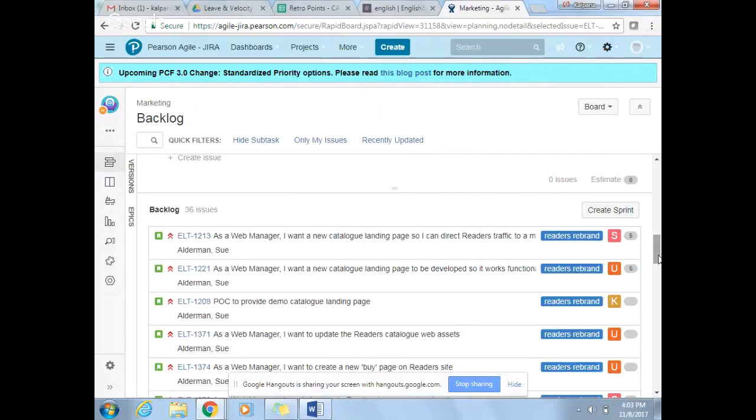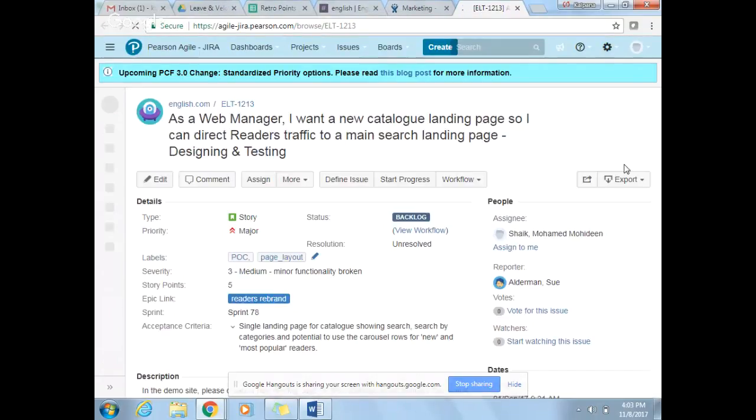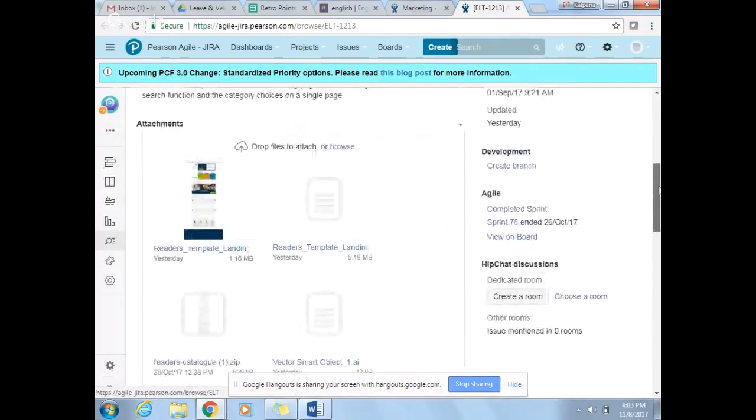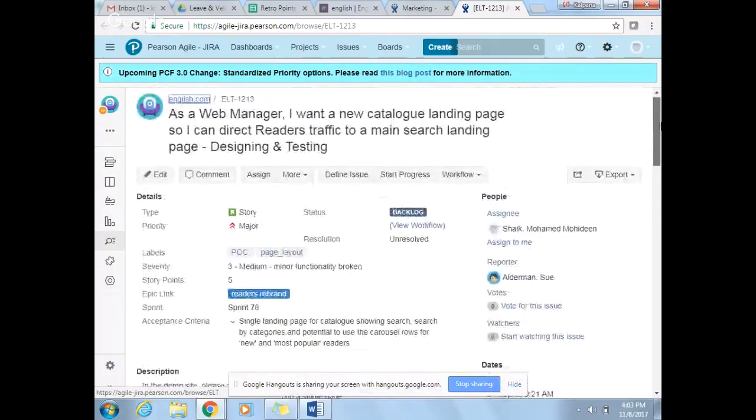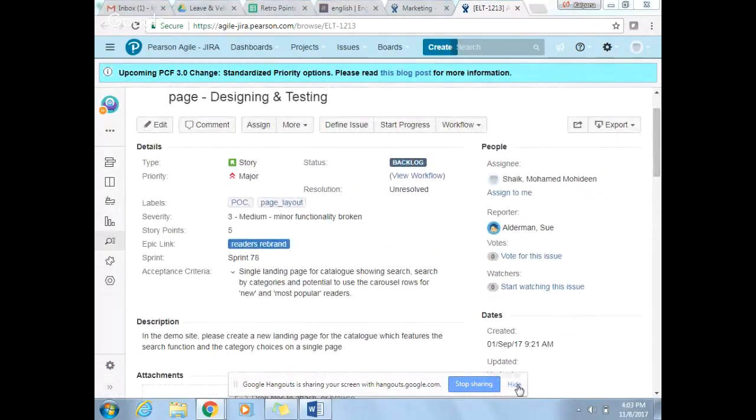So Sue and Shivan, we reviewed the stories in the backlog, the first 11 stories. Shall we check one by one now? Yes. Okay, 1, 2, 1, 3, and we could see the BST files and all the design files separate for this story. One more question, Sue. Are these designs the final ones? Yes. Are these the approved ones? Okay. So once this is done, we can take this to live. Is that the plan? Yes, that's the plan.